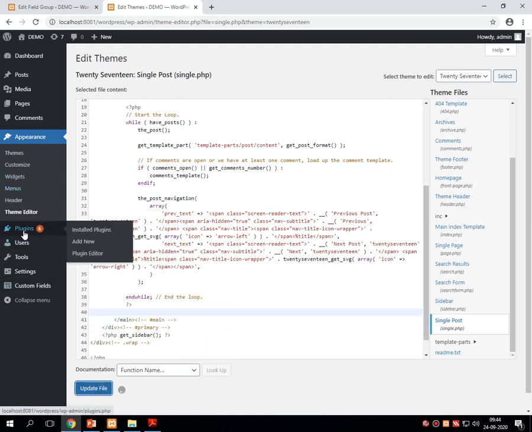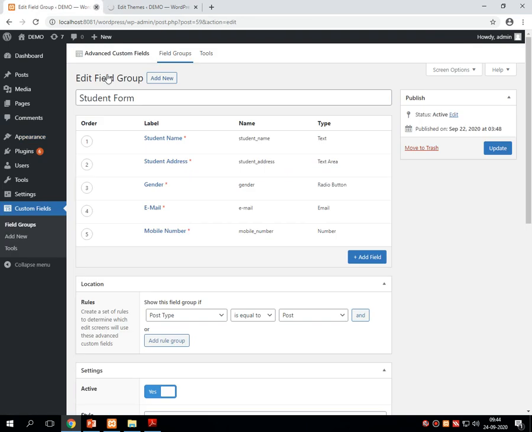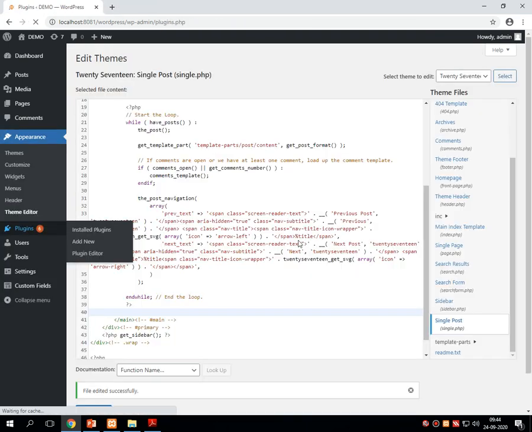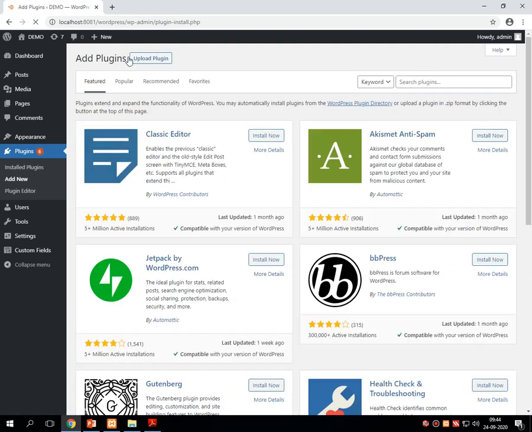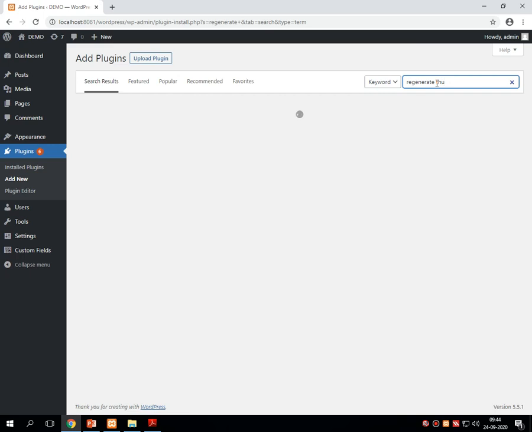I am going into the plugin, click on add new, go into the search and type regenerate thumbnail.